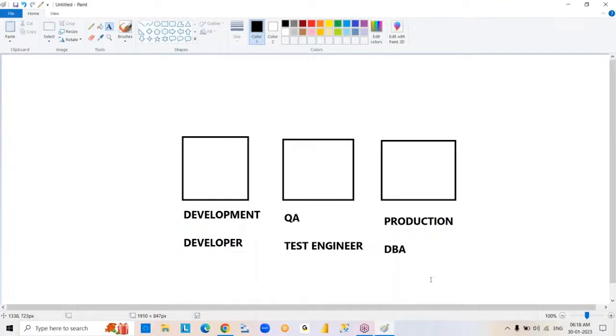Coming to the next scenario, the important scenario here is